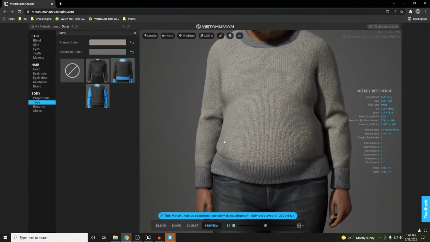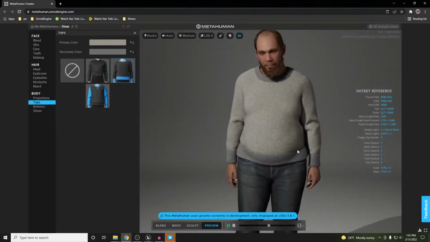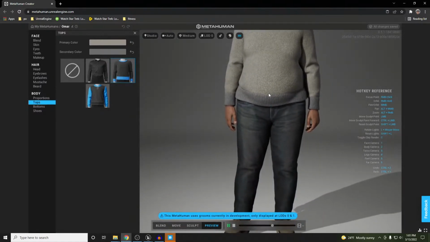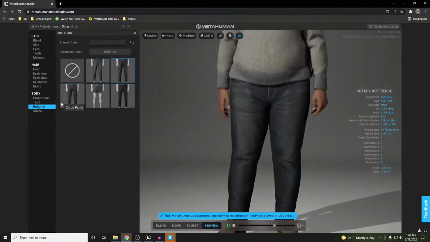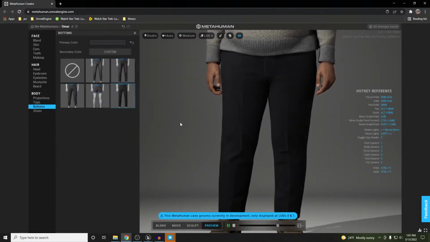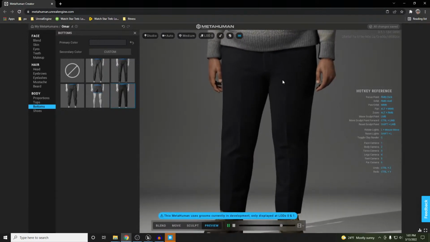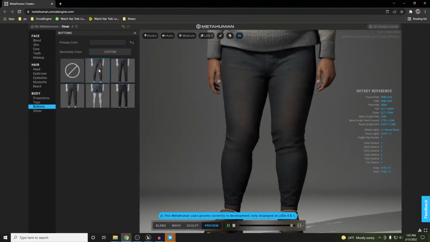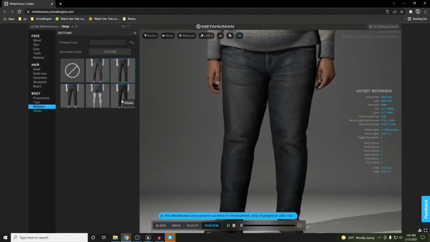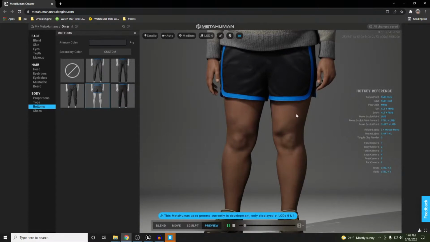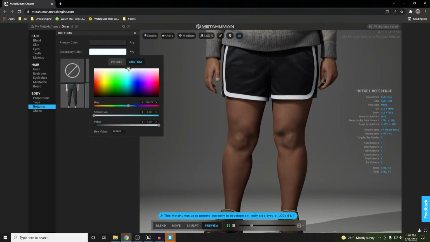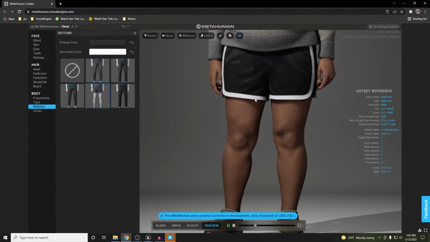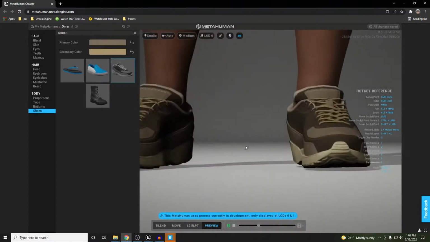So, just to give it some variety. But unfortunately, it's great, but there's also just the bottoms, which actually has quite a bit more variety, but they're a really clean kind of look. And if you want to apply a little bit more of a grungy aspect, there's the skinny jeans, the regular jeans, slacks, shorts. But again, it's got the primary color and the secondary color, so that's all very nice. And then you get the shoes,